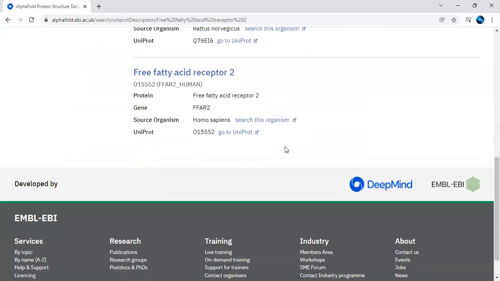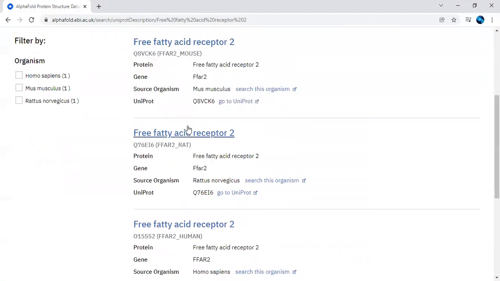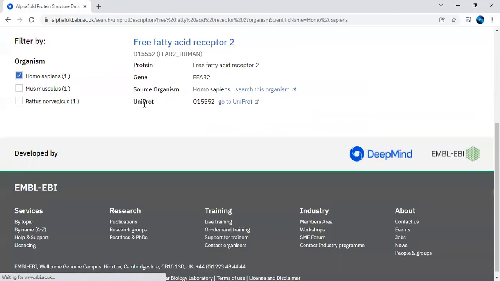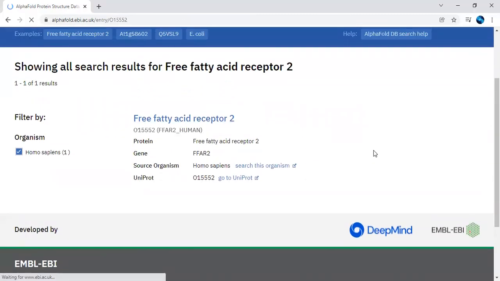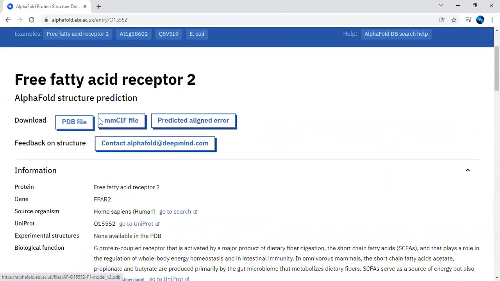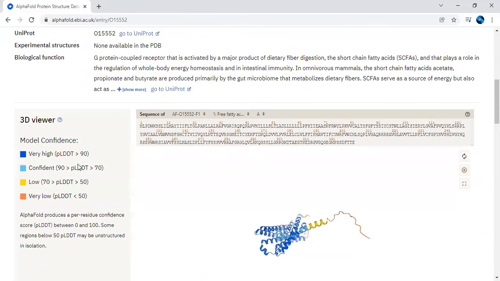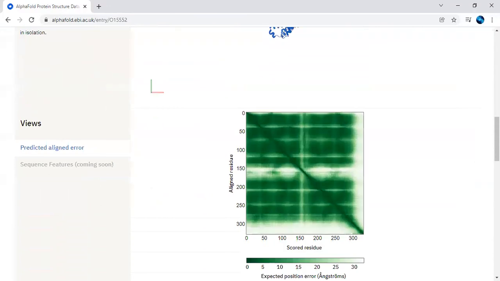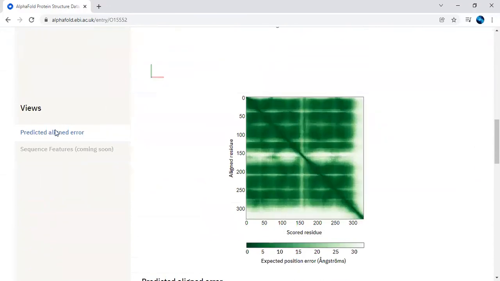For that you will get information on three different organisms. I will be interested in Homo sapiens and I will click on free fatty acids. Now you will get the same thing with respect to the 3D structures and the protein sequence alignment.